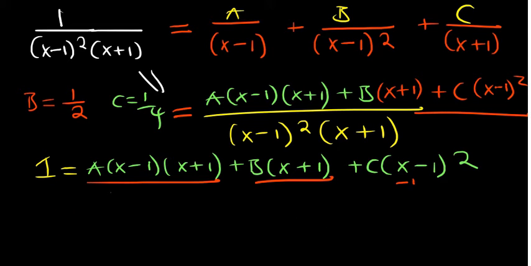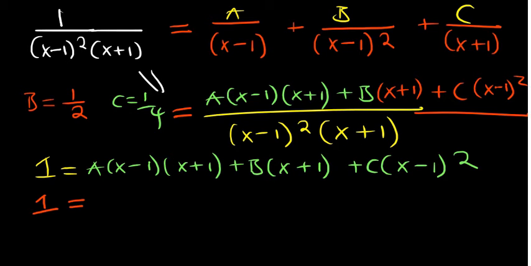Now you notice, is there any other way of eliminating any part? We can't eliminate any part. At this point we can't, because we've already used both 1 and negative 1. So there's no way we're going to find the value of a using the same method. So what do we basically do? What we can do at this point is basically expand this. The fastest way I can do it is, I know that